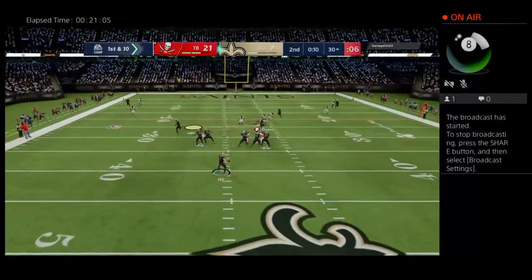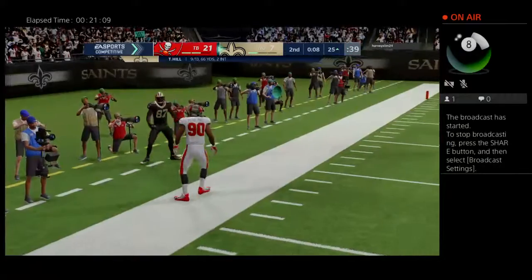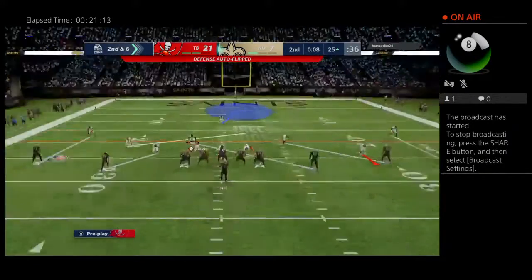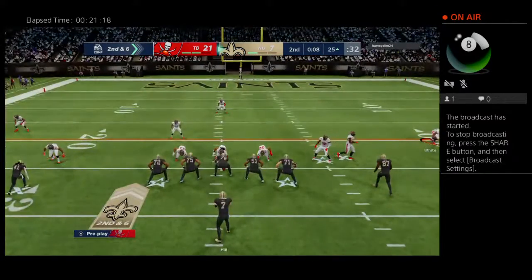Here's Hill now after the interception. And Cook has it left side. And he'll be out of bounds, able to get it down to the 25 there. They'll contain him to just 4. Second down. 4 yards on the pickup. Second and